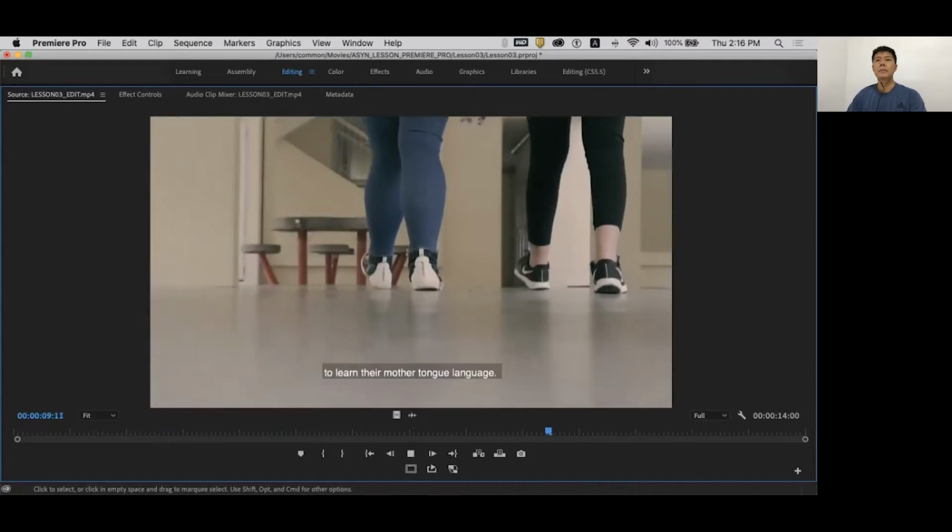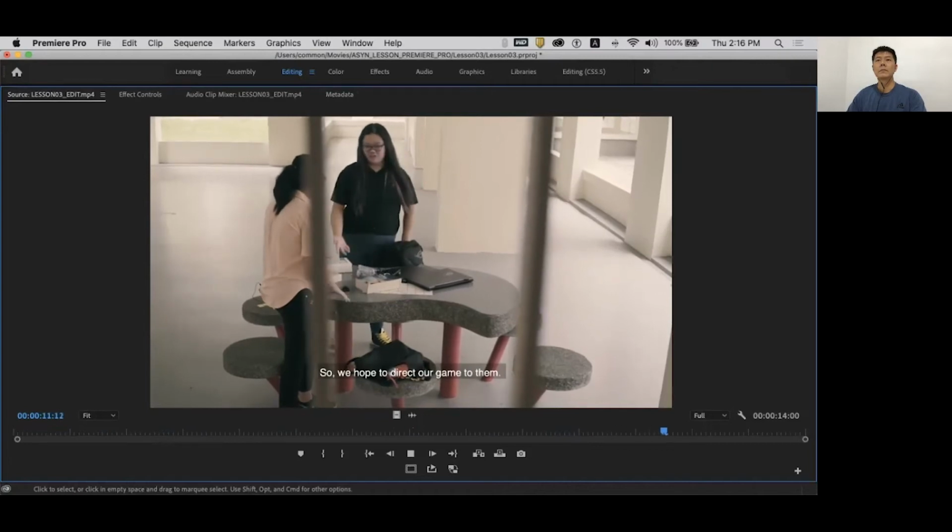Usually youths are the ones who are unmotivated to learn their mother tongue language, so we hope to direct our